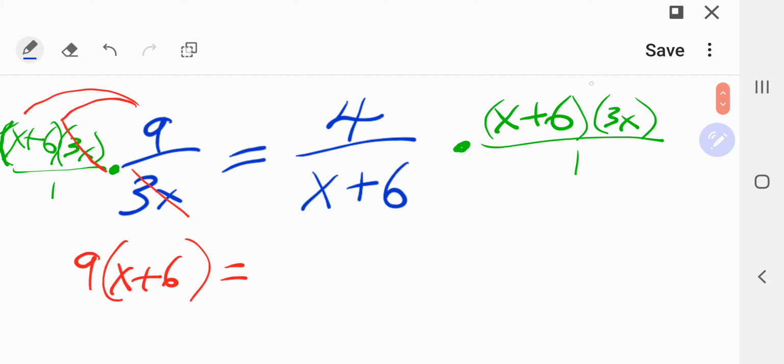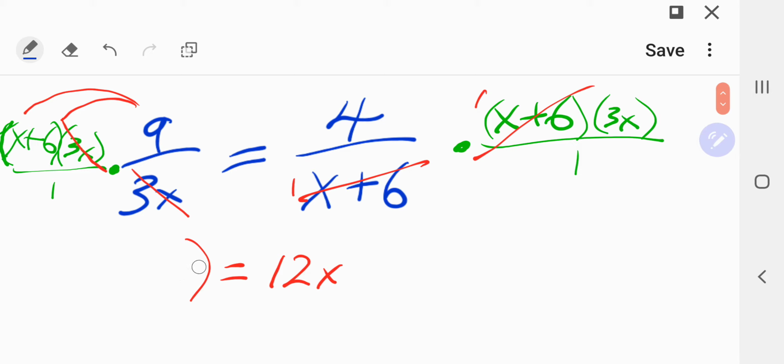What about the other side? This time, the x plus 6 is equal to 1. I mean, it balances itself out. And we have a 12x on top. Okay. I regret not multiplying this out now. I will make it 9x plus 54 minus 9x,